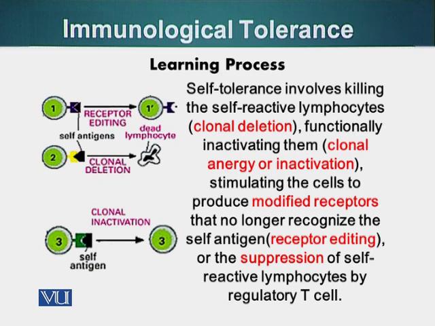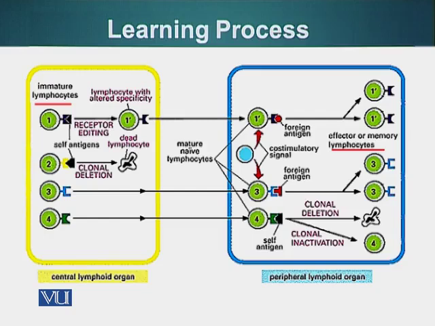So if these cells, our lymphocytes, are given a chance, and they do not modify their B cell receptor or their antibody which is present on their surface, they have to be clonally deleted, or they can be suppressed. Those particular B cells will be suppressed by another type of lymphocyte. For example, there is another type of T lymphocytes called T regulatory lymphocytes, or T regulatory cells. These cells can secrete certain signaling molecules and make other cells functional or non-functional.